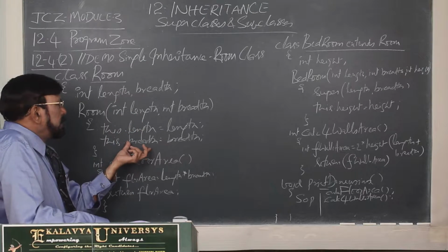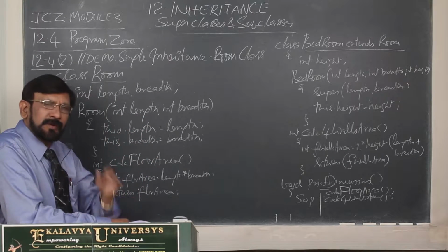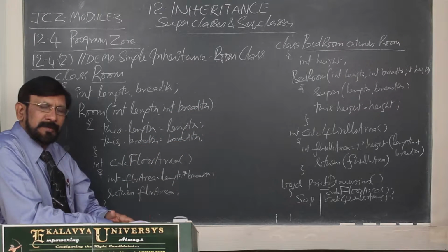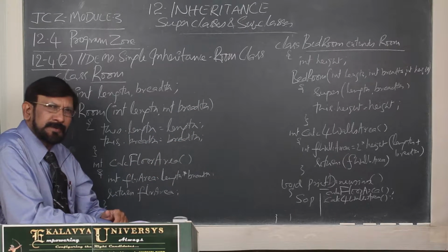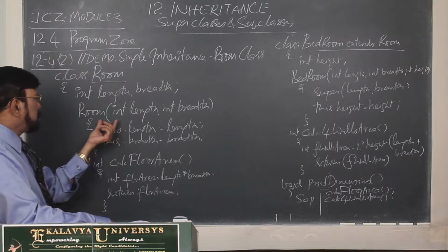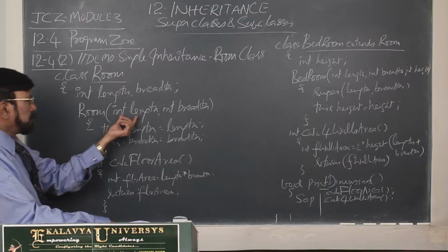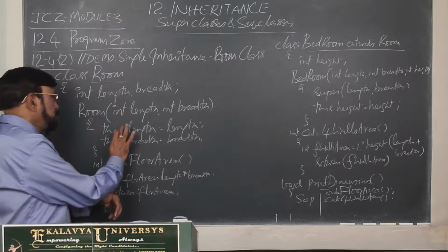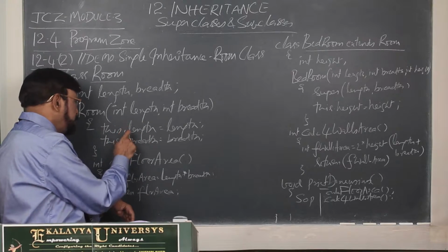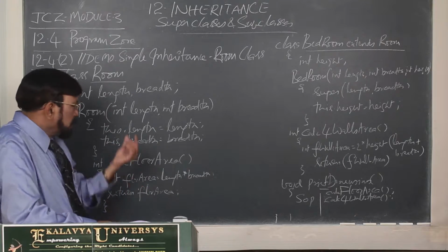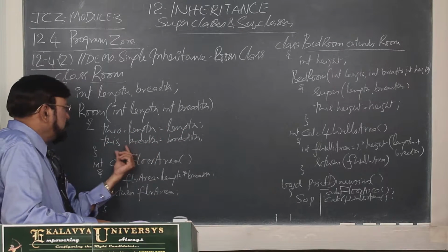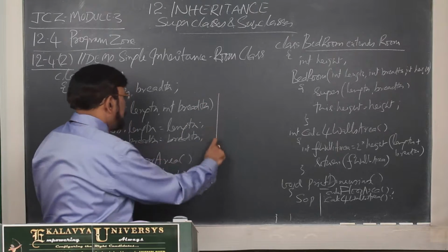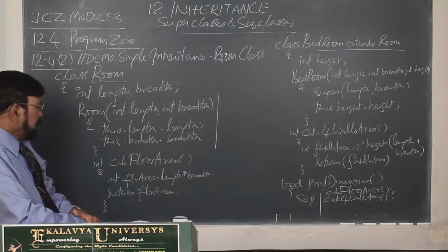Now in the room class I have defined two variables, one is length, other one is breadth, and thereafter I have defined a constructor. Whatever elements I explained earlier I am not going to explain again, because too much repetition will not do. So room, int length, breadth, and this I have used. Hereafter use this only. This is the professional approach. So this length is equal to length, this breadth is equal to breadth. This is the constructor for the superclass room.